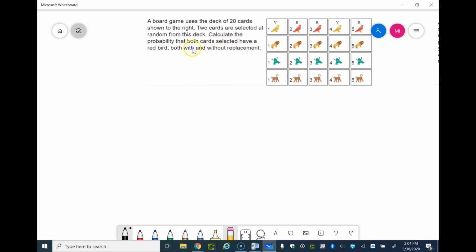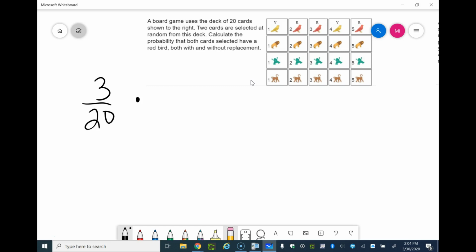So let's start with the with replacement. So we're going to calculate the probability that we have a red bird. So how many red birds are here? 1, 2, 3. Out of what? 20. Times,